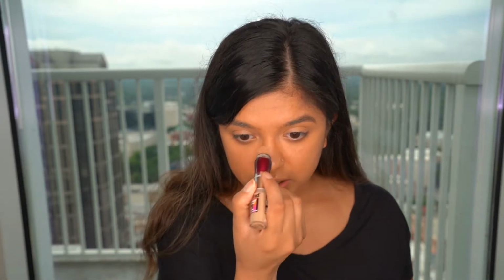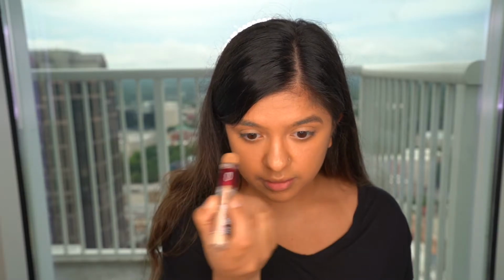So I'm going to go ahead and go in with this, and I like to just go straight down my nose. I know sometimes you see these videos and they tell you to do it a certain way, but it's really important to understand your face and what works for you, because everybody looks different and everyone's skin is different and face structure is different. So I'm going to go in, and I love this one because you just literally twist it, and there's already a sponge on there to allow you to apply. So I'm just going to draw a straight line down my nose